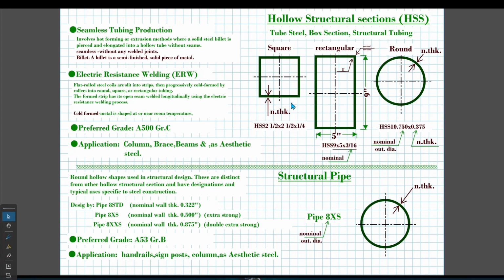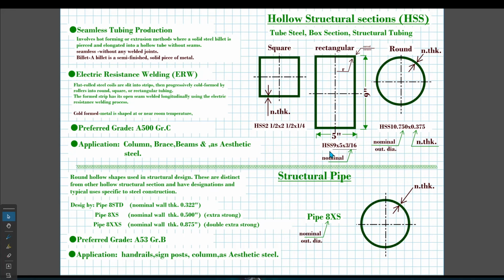These hollow structural sections come in three types. The first one is square, another one is rectangular, and the third one is round shape. For designating these HSS shapes, we have a standard format, just like HSS 2 1/2 by 1/4 inch. So 2 1/2 is the nominal side of the square, and the last one is the nominal thickness. This is for